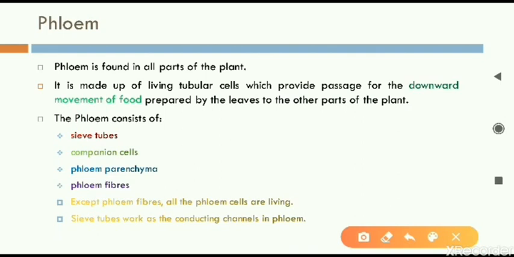These are actually tubular cells. All different tubes or pipe-like structures are joined one after the other, like different pipes are joined together one after the other, and form a long chain. That is what makes up the phloem tissue. So here also the 4 names you have to learn, the types of cell. Out of this, which is responsible for the passage of food is sieve tubes. Which ones are living? The first 3 are living: sieve tubes, companion cells, and parenchyma. The last, phloem fibers, are dead. That is all for phloem.